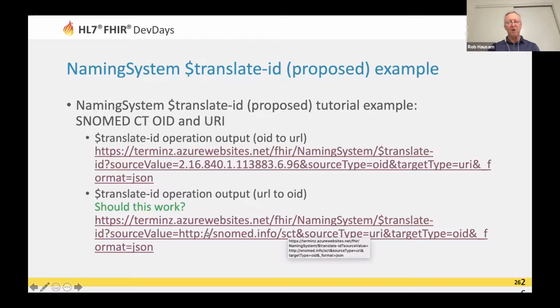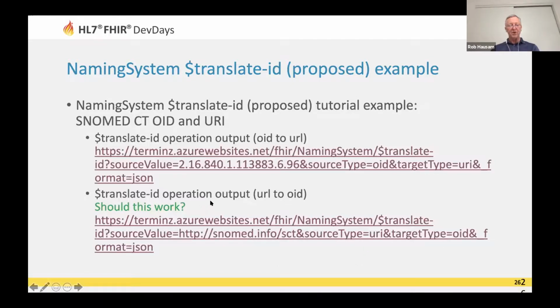And then there's a question about whether, in all servers, you should go ahead and embed the full standard URL into the query string or escape it. In this case, I tried it both ways and it doesn't make any difference. So I just want to let you know that it's not just a matter of it not being escaped correctly. But anyway, if we give it the SNOMED URL, we say, I'm giving you the URI